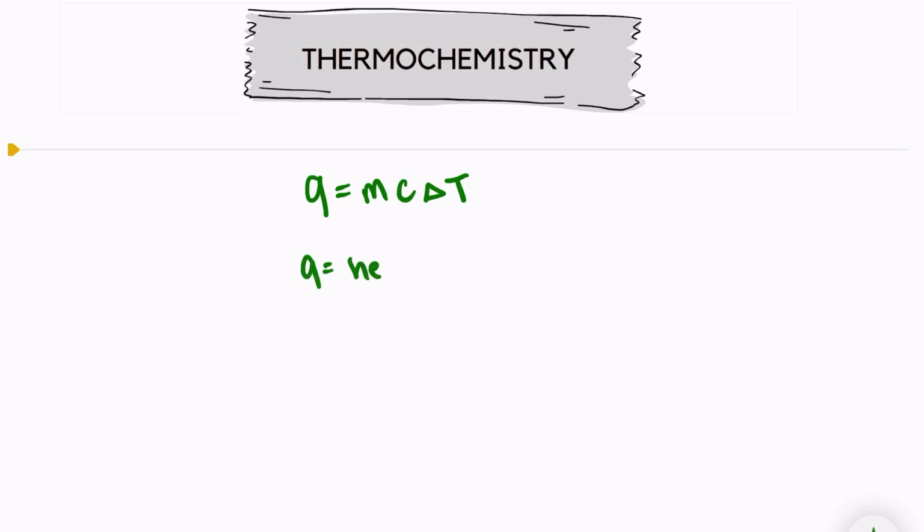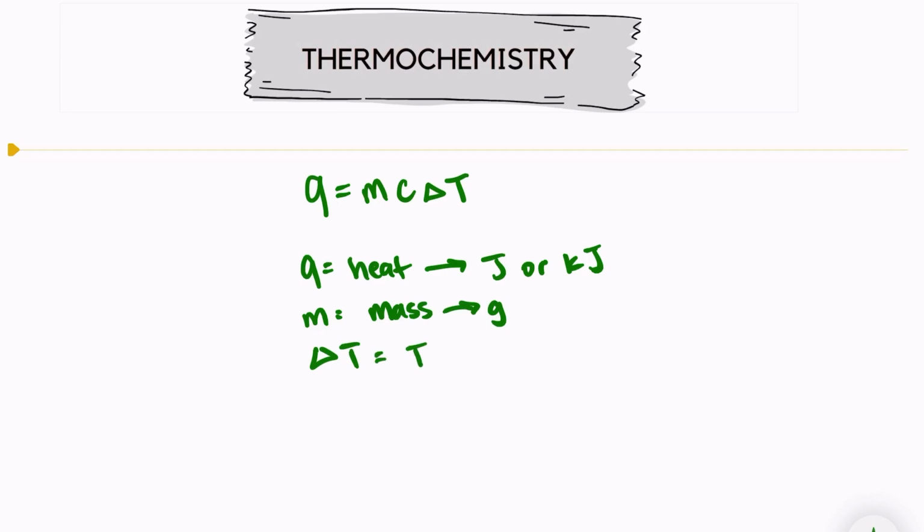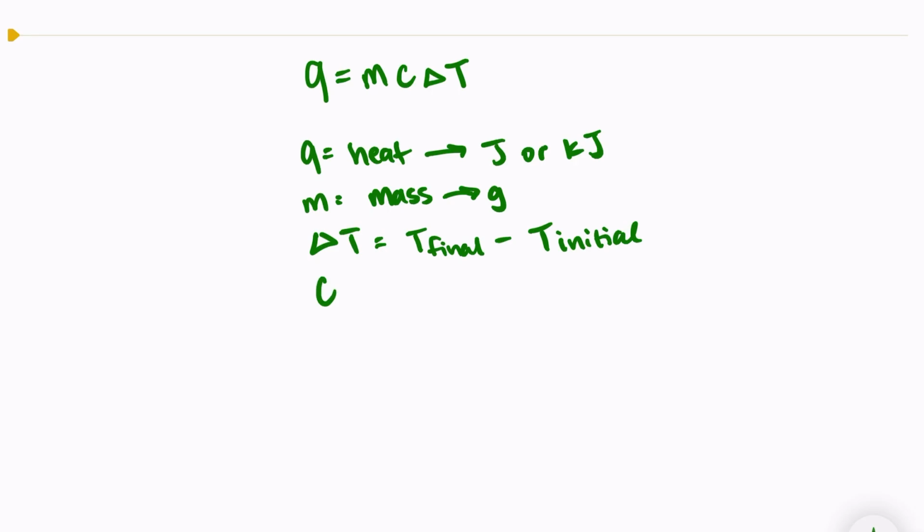Q is the symbol for heat, and we measure that in joules or kilojoules. M is mass, and mass needs to be in grams. Delta T is the change in temperature, so it will be T final, the final temperature, minus T initial, the initial temperature. C is equal to the specific heat of the substance that you are working with, and that is